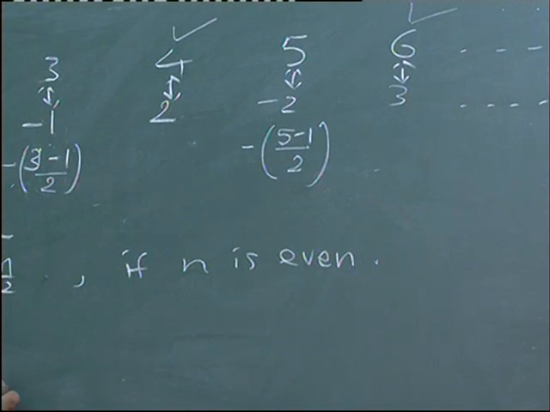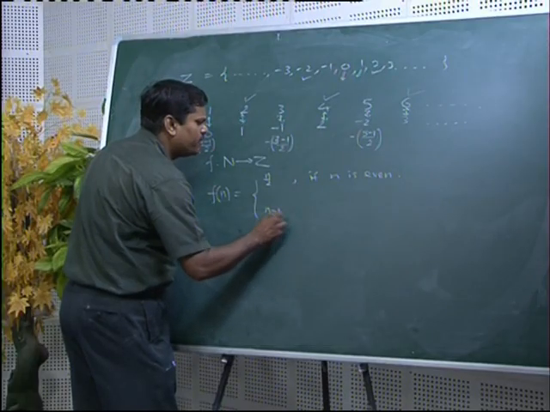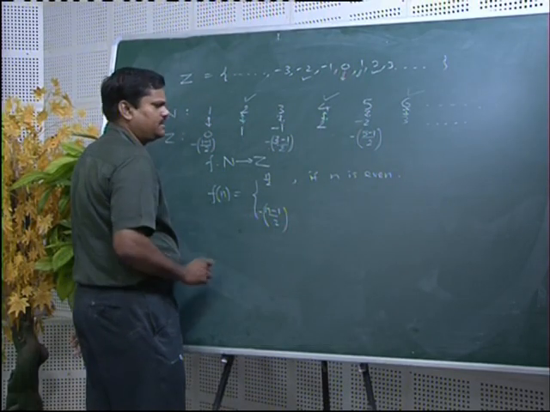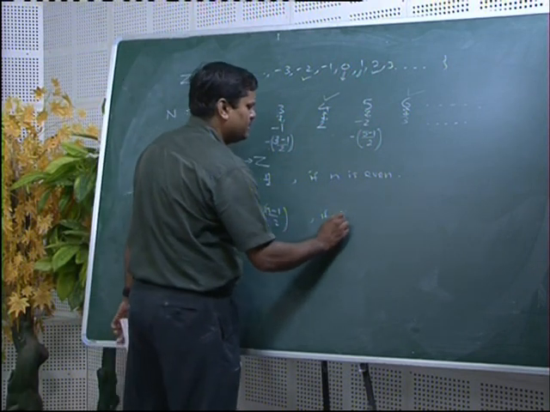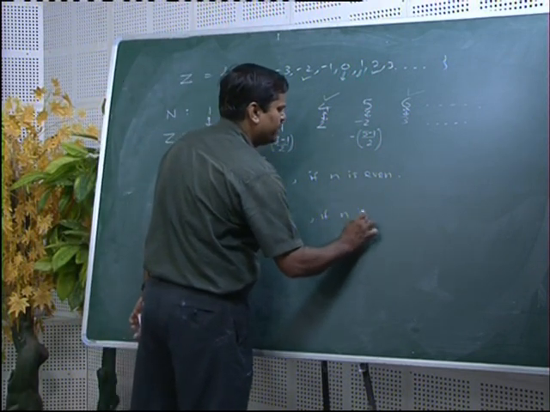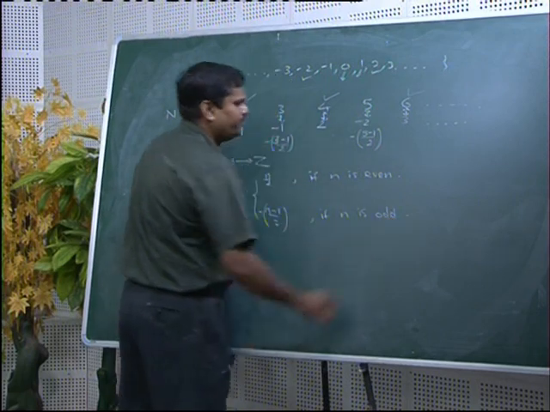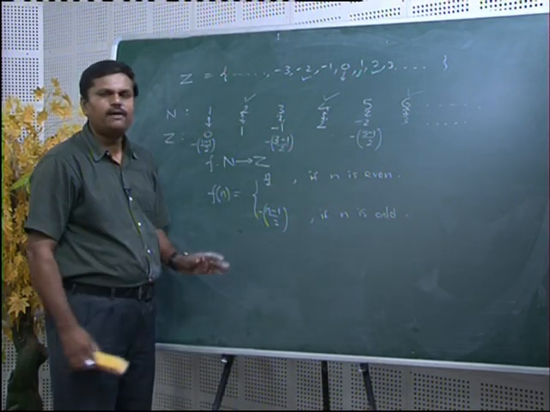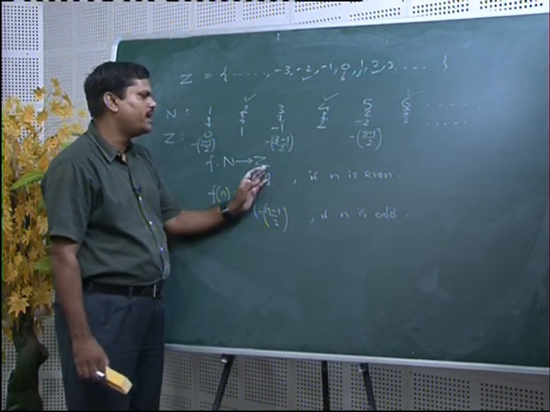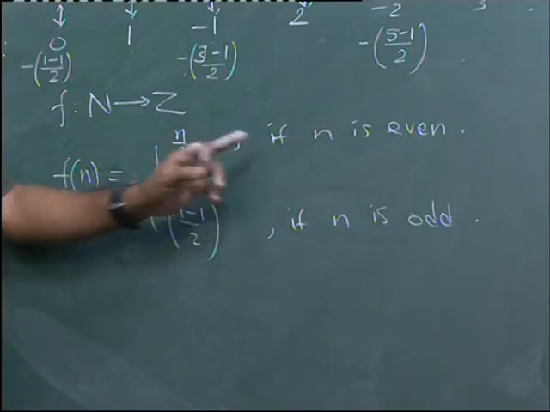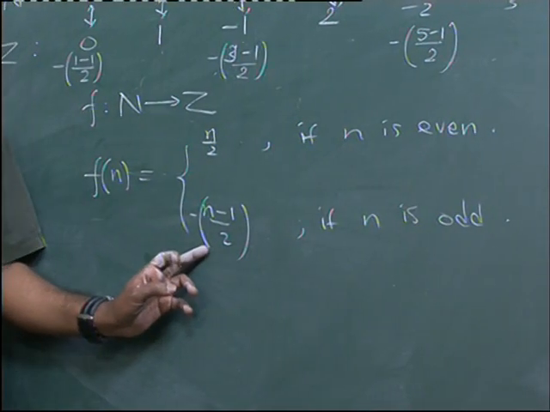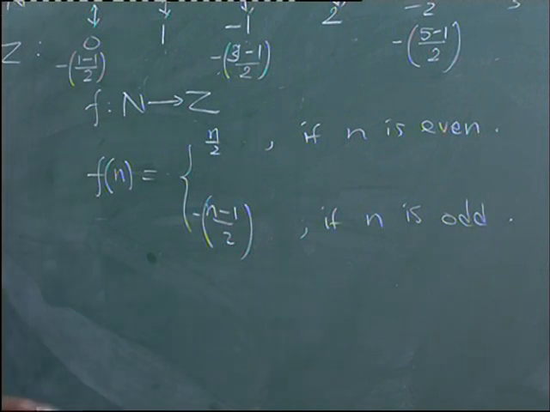So, I am getting the idea that one should take the formula as this, if n is odd number. So, this is our formula of the function f from N to Z, f(n) is equal to n by 2 if n is even, and minus of (n minus 1) by 2 if n is odd. Okay. So,